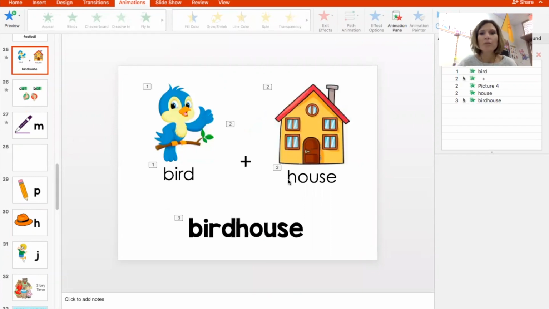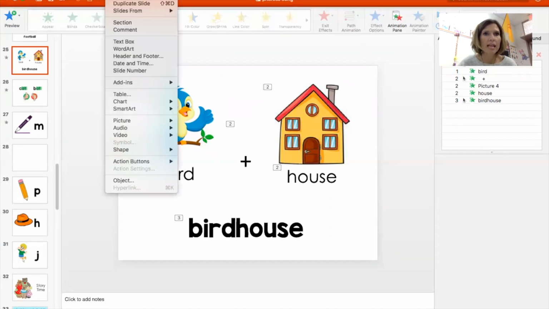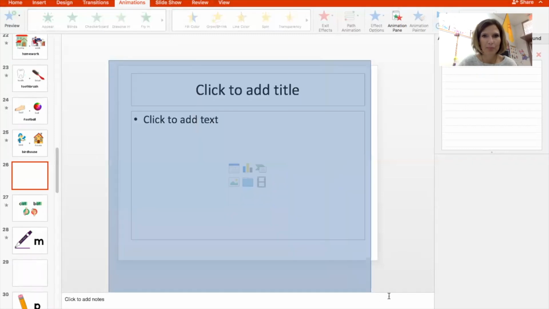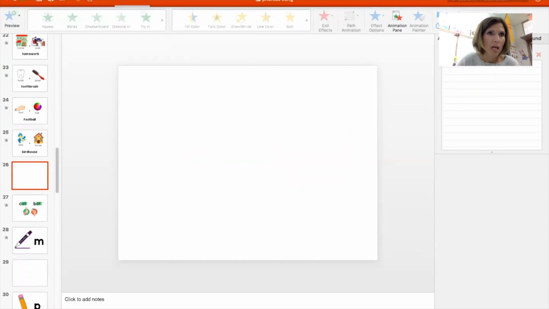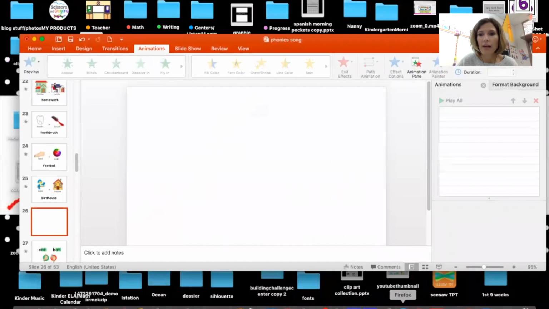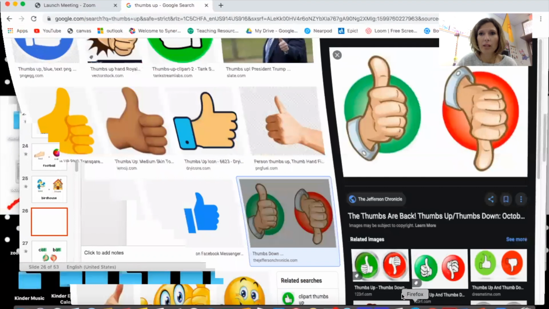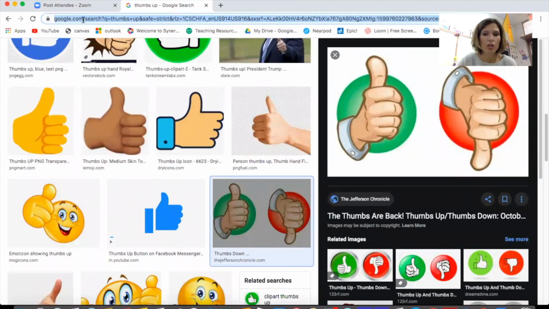Okay, so say I want to build another compound page. Let me insert, I'll do it from scratch, new slide. All right, so say I want to do lighthouse. I am going to find a picture of a light. So I'm going to go to my Google search and I am going to search light